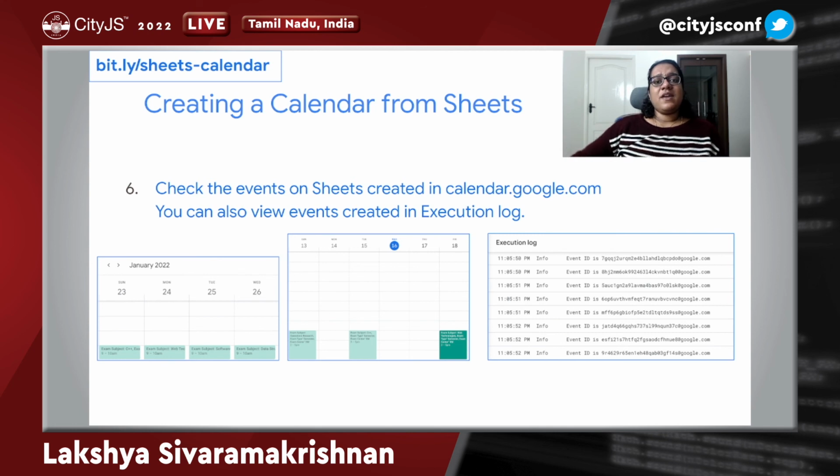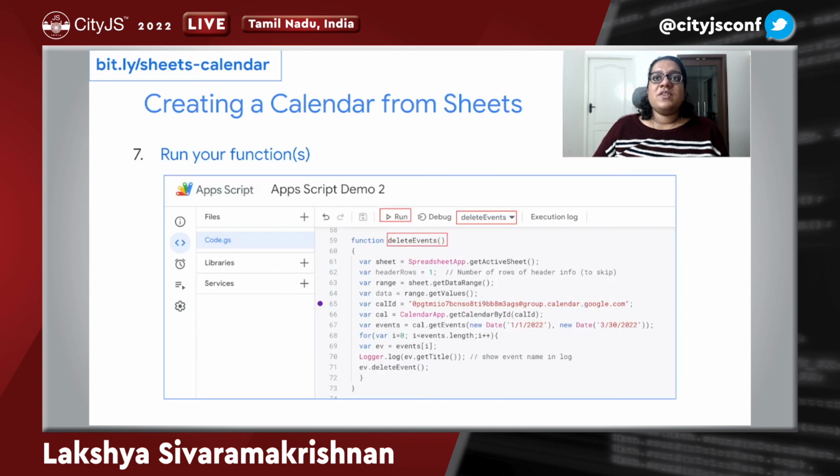Now, given that you have lots of events exported and maybe you want to delete all of them, that's how we've written the delete function. Like I explained the delete function, now what we try to do is run the delete function. So on the top right red box that you see, export events is a drop down. In the drop down, select delete events and click on run, right?